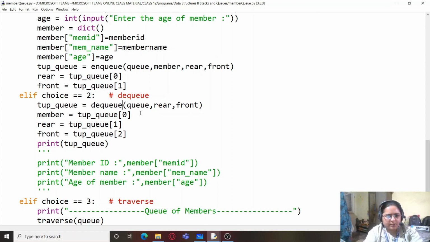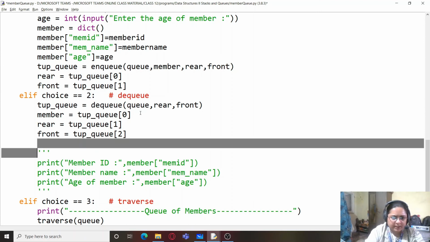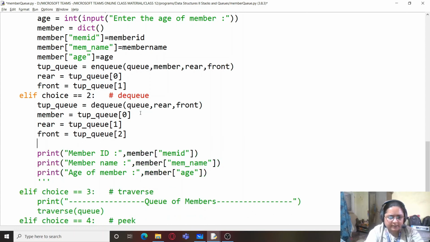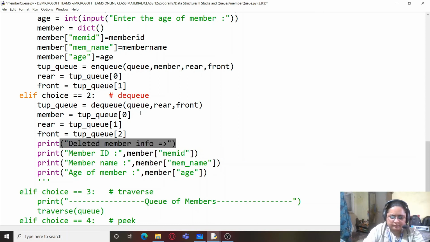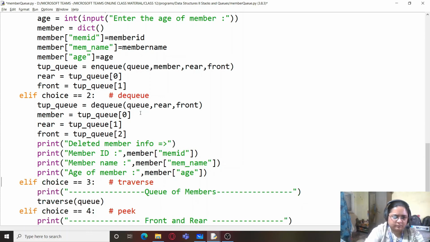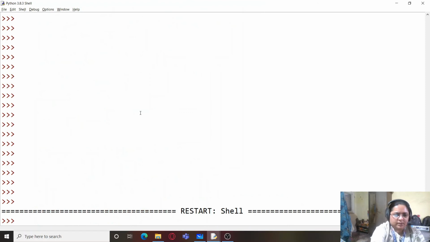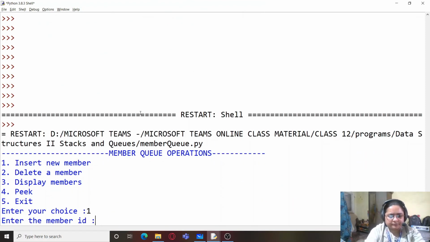So we need to first insert the name of the function which is to be called. And now we will be printing the statements. So we'll run it.